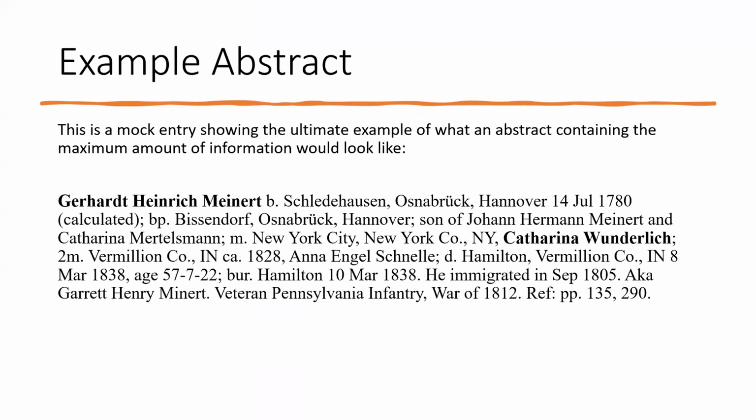All right, here's an example of an abstract. This is an example that contains really rich detail. Most entries aren't quite so detailed as this. In fact, this is a mock entry just to show kind of the ultimate example of what an abstract might contain. So you have the immigrant's name, birthplace with town, county, and province, birth date, in this case calculated from their age at death, their baptism location, the parents' names, marriage location, name of the first wife, and then also